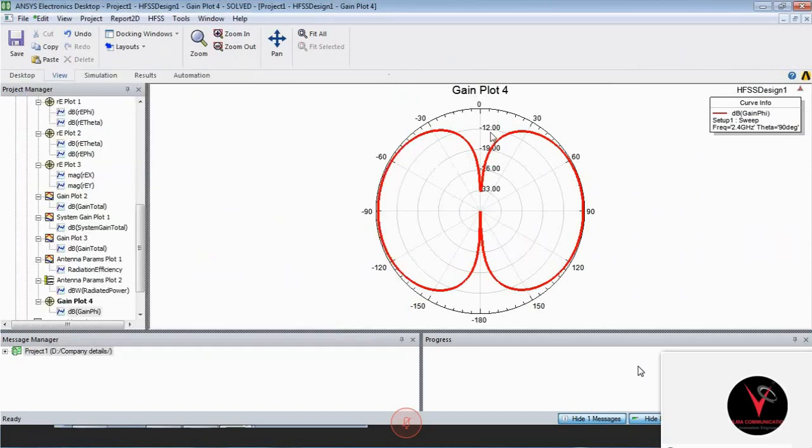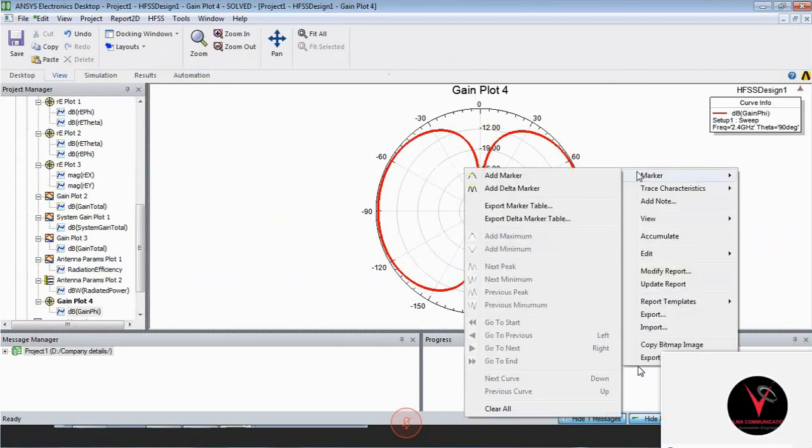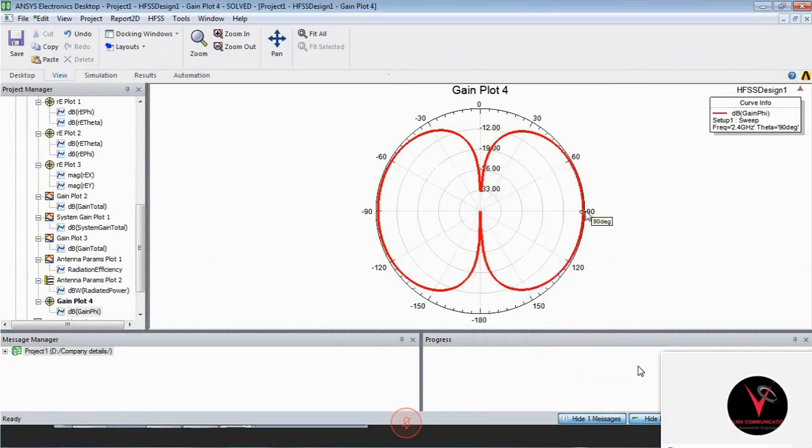So from this, what is the gain of the antenna, sir? Just wait, sir, I'll show it. At exactly 90 degrees, our antenna is minus 5.49 in magnitude. You should convert this magnitude into the real value, and you get around 3.24 dB. You should apply a calculator for that.